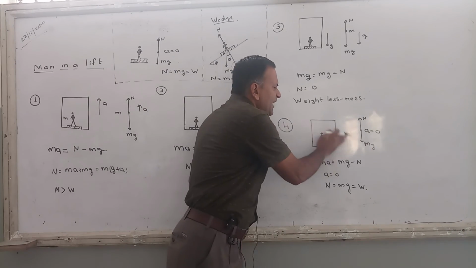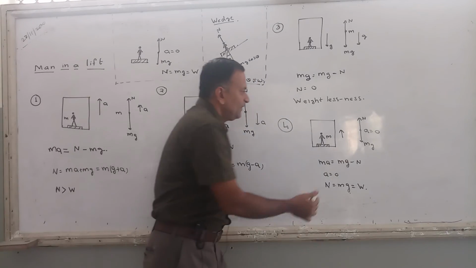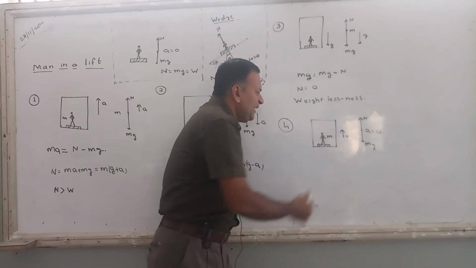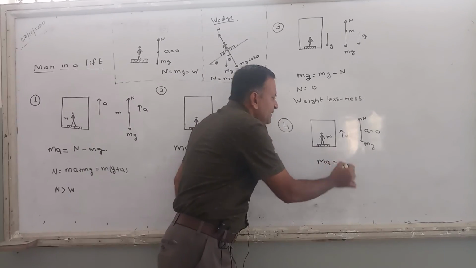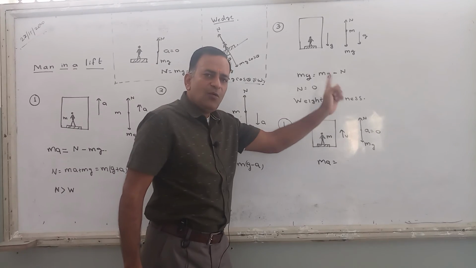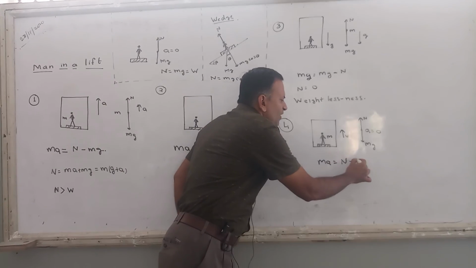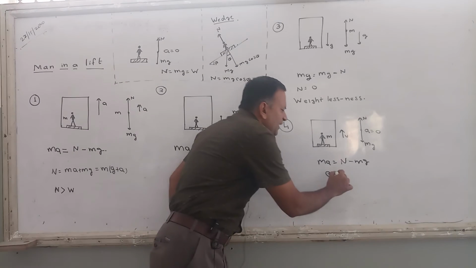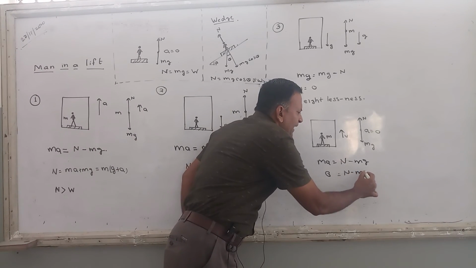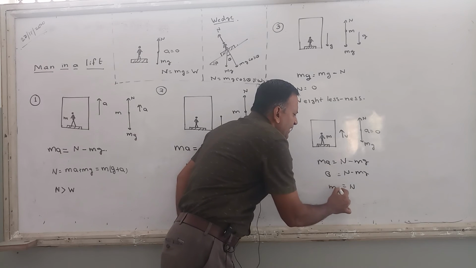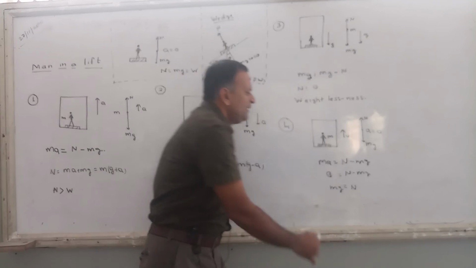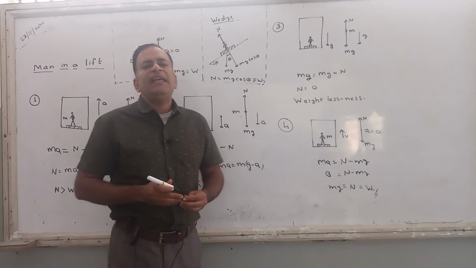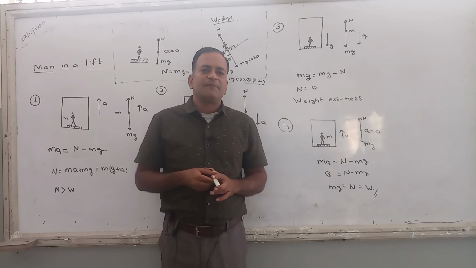Similarly, if the lift is moving in upward direction with a constant velocity v, okay, acceleration is again 0. So how you will write this? ma is equals to upward force को positive लेने का, it is n, downward force will be negative, mg. What is acceleration? Acceleration is 0, so m into a is also 0. So this becomes 0, n minus mg. Here you will see that n is again equal to mg. That means here the weight of the person measured by this machine will be the actual weight.